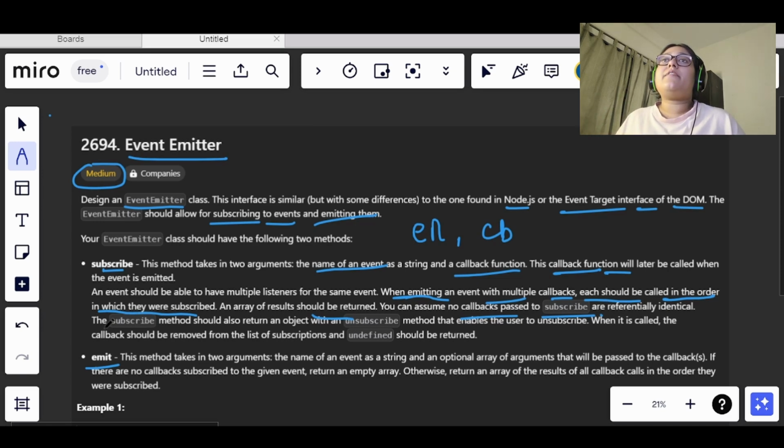We have also been told that the subscribe method should return an object with an unsubscribe method. This unsubscribe method will help the user to unsubscribe.